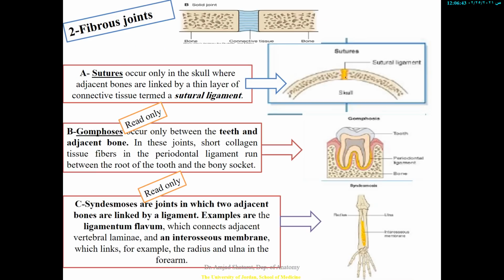If we look, and this is a coronal section in the skull, and this is bone A and this is bone B, as you can see here, this is a joint, and of course they are connected by, we look between the two articulating bones and we find fibrous tissue. Then this is a fibrous joint. An example for